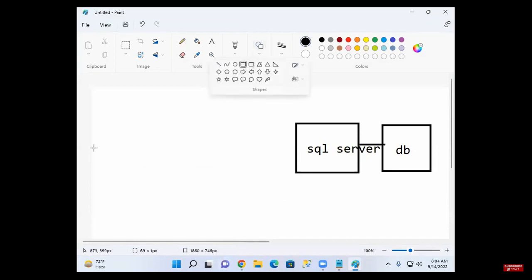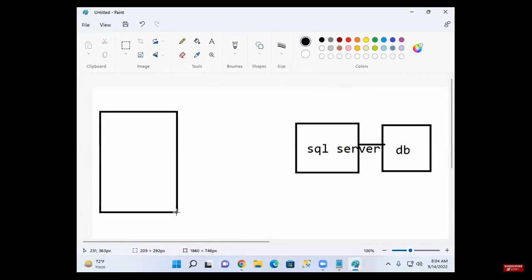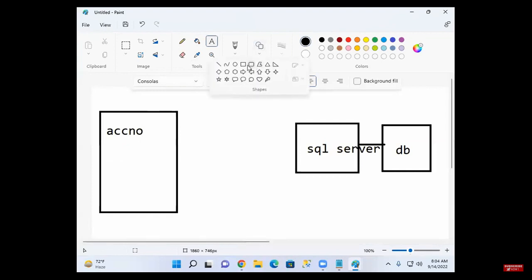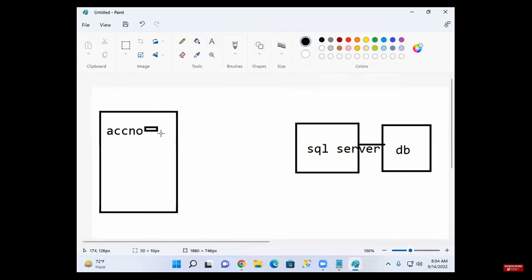He'll open some application. In this application there will be an input for the account number. Input the account number. Input the amount.